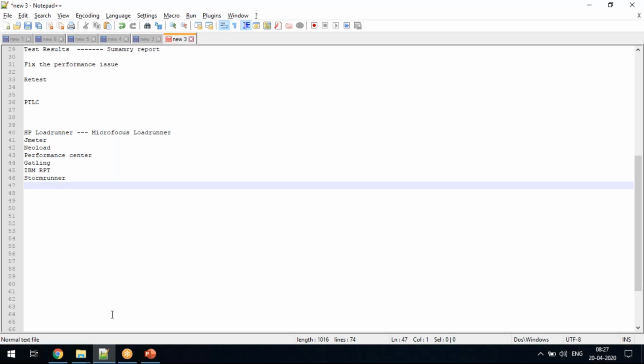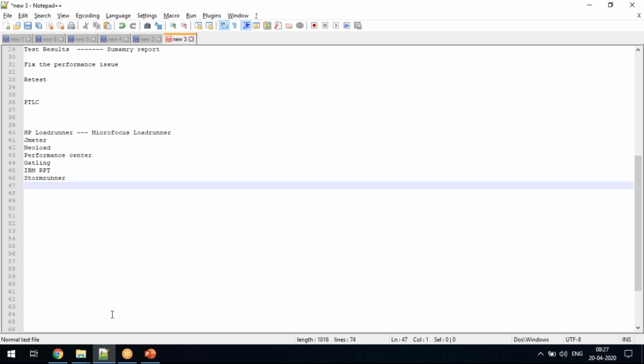We are going to see Micro Focus Load Runner in detail, but sometimes interviewers will ask: do you know any other performance testing tools in the industry? At that time you can tell them JMeter is there, Neoload is there, Performance Center is there, Gatling, IBM RPT, and Storm Runner.